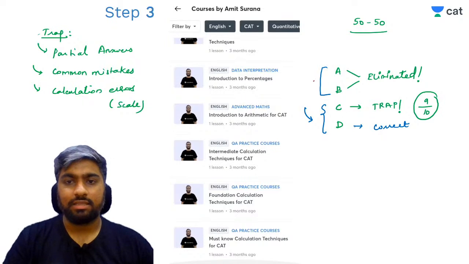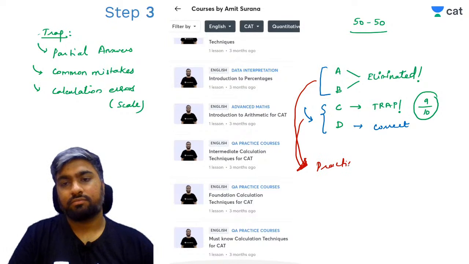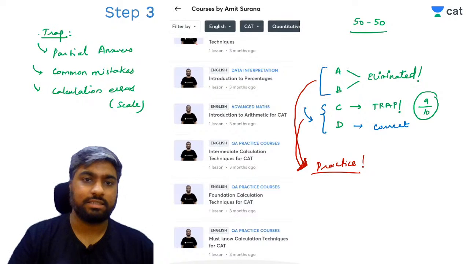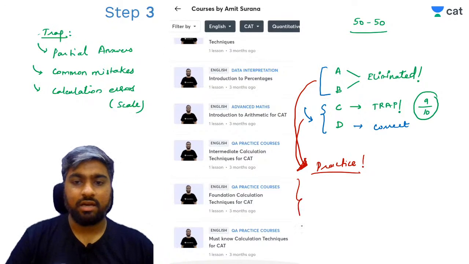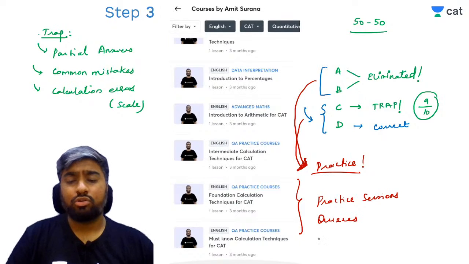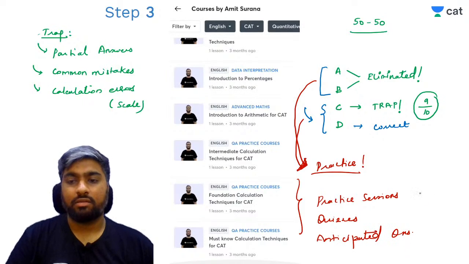You need to understand that the best way to make sure you use all the tools given to you properly is by practicing. And speaking of practice, we've done a lot of practice sessions in the special classes also. Go check them out, there are many practice sessions and many quizzes. So far we have done 2 parts of anticipated questions too, quite interesting questions. You can go check them out.